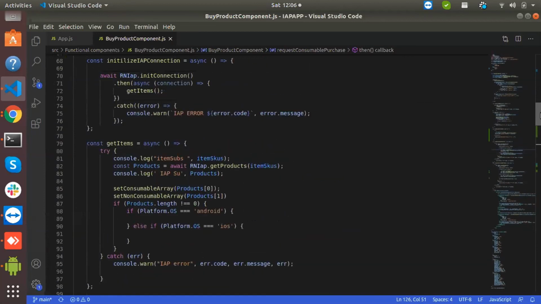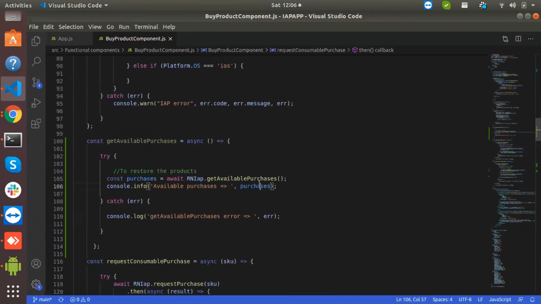One more method is there, that is get available purchases. The get available purchases method is used to restore the purchases which the user has already paid for.